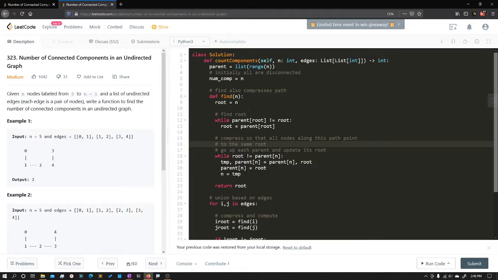So now, considering path compression, this is the same logic as before. The only difference is that within the find function, we have added this compression portion to it, right? So we set the root to n, we find the root. This is our finding the root, this part. And once we found the root, though, we don't stop and just return it. We also do some extra work to compress the path. So what we're saying here is if the root is not equal to parent of n,